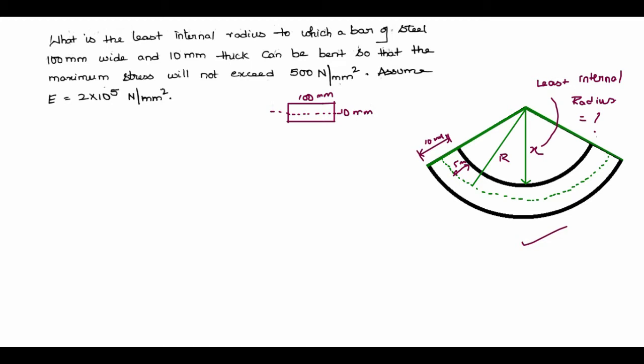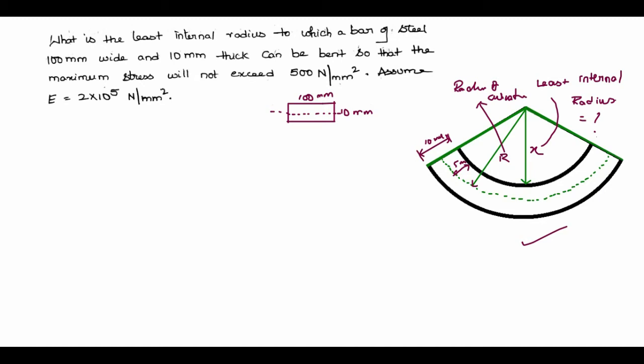So whenever a beam is bent, it is going to have a new parameter, that is radius of curvature, which is represented with capital R. So whenever a beam is bent in such a way, as you can see, it has a radius capital R, radius of curvature, and here x, the distance between the inner layer to the center, is the least internal radius, and of course the outermost layer to the center is the maximum external radius. So that is the exterior radius.